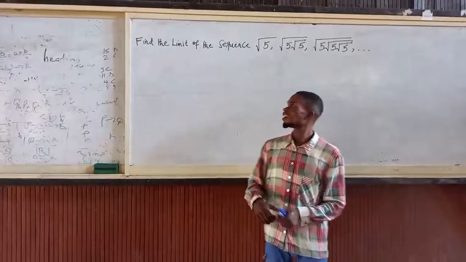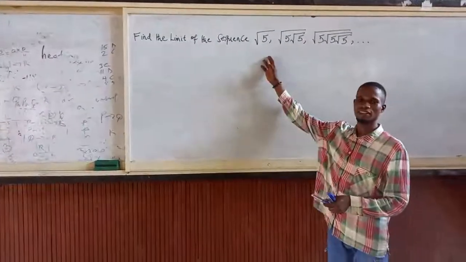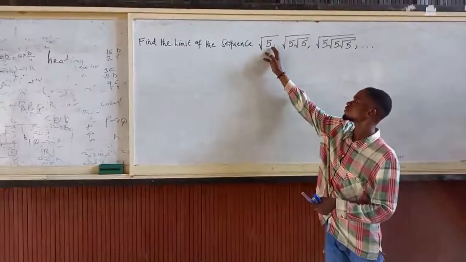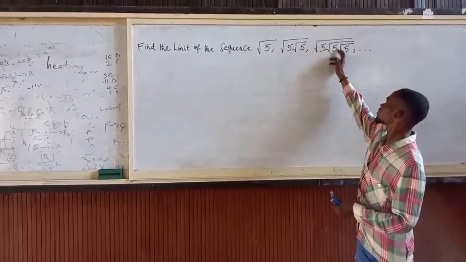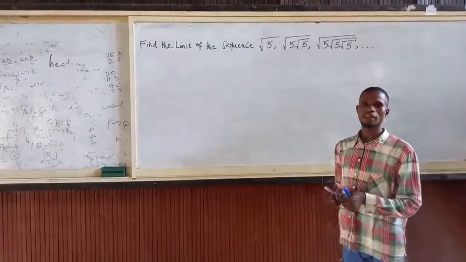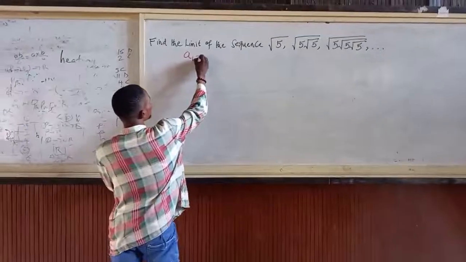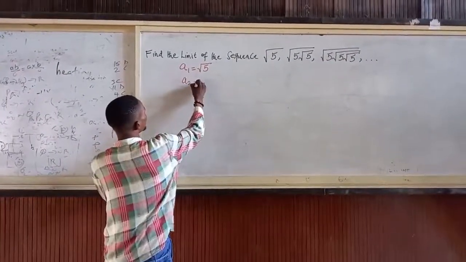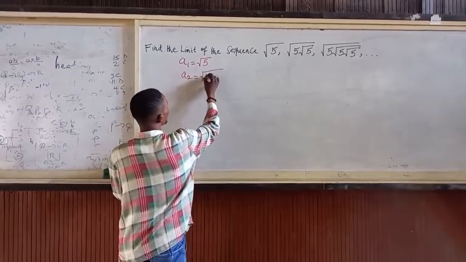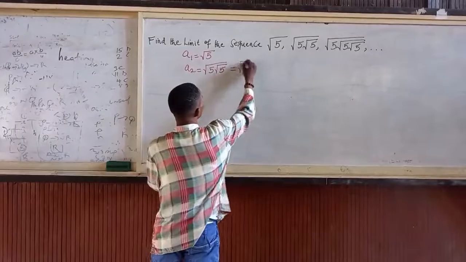So hi guys, I want to find the limit of the sequence, which is an infinite radical. Because I'm having root 5, root 5 with 5, root 5 with 5 with 5, which is what? Infinite radicals. Clearly, my first term, which is a1, is what? Root 5. And the second term, a2, which is what? Root 5 with 5. Which can be written as root 5